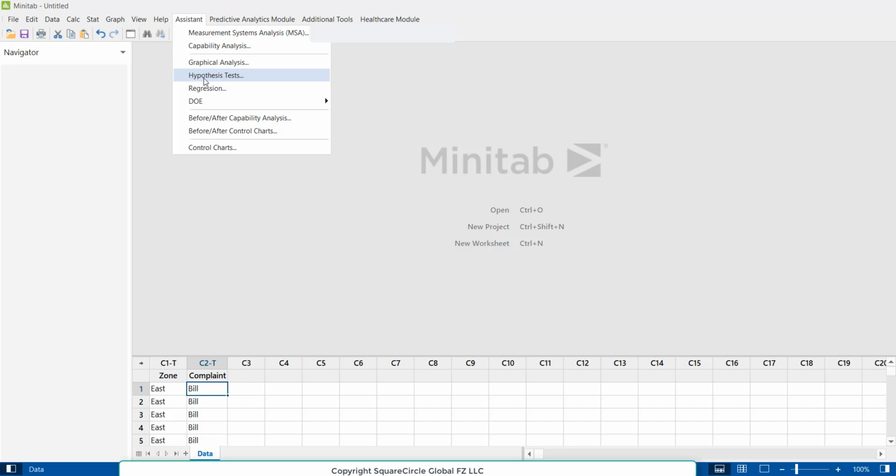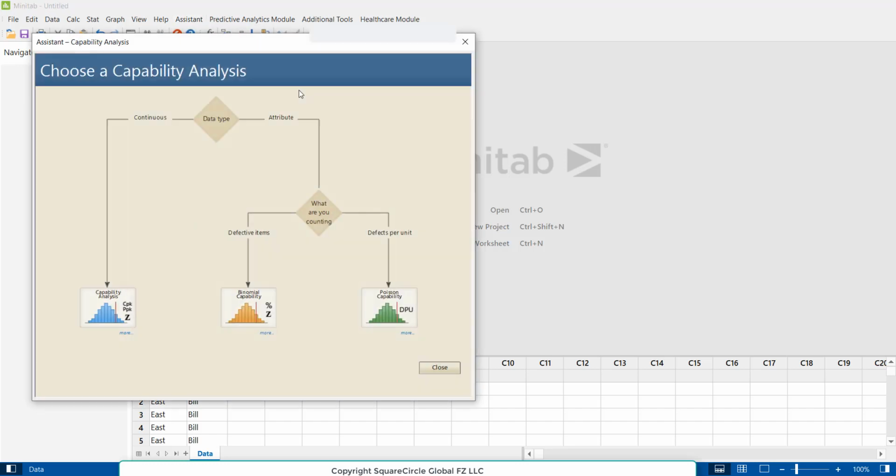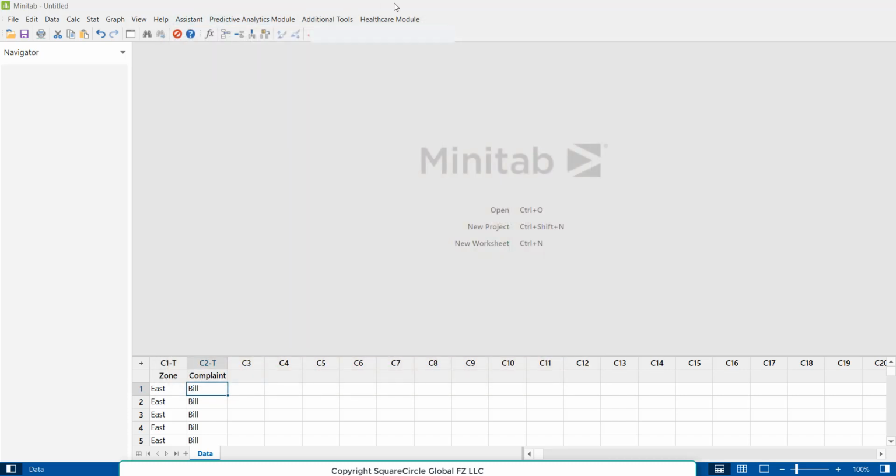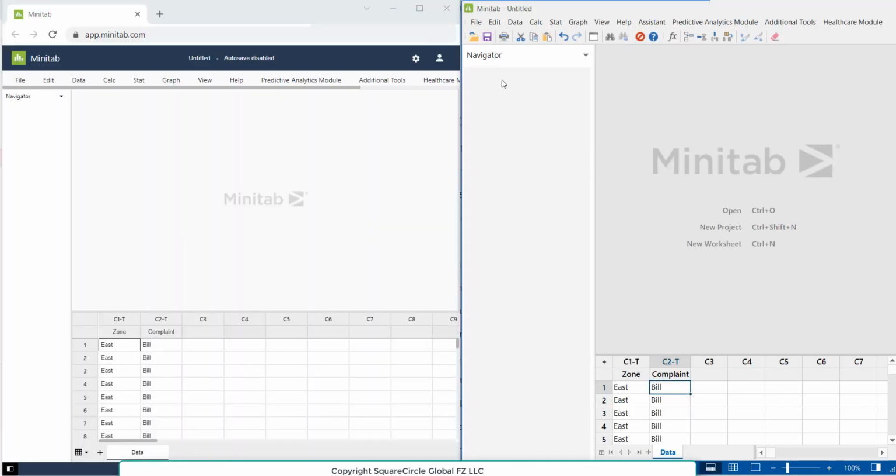Even if I go to some other test, something like capability analysis, let's say. What is my data type? Is it continuous or attribute? What am I going to count, defectives or defects per unit? So it helps me to do that. So let me go back. Now here you can see